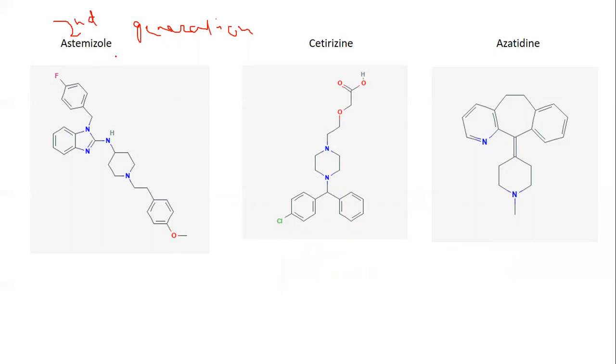Say if you look at astemizole, what are the heterocyclic rings present? Sometimes the question may come, what is the heterocyclic ring present in astemizole? There are two heterocyclic rings present. One is this one, benzimidazole. The basic heterocyclic ring is the imidazole. Then the other heterocyclic ring present is piperidine. So the zole is actually coming from imidazole. Now, how do you see the basic pattern? This is something like your propylamine derivatives, CH2, CH2.